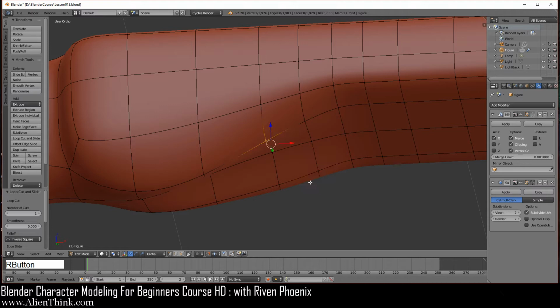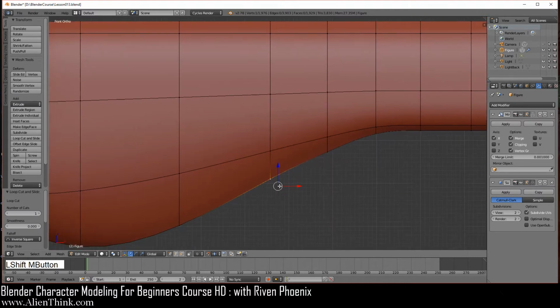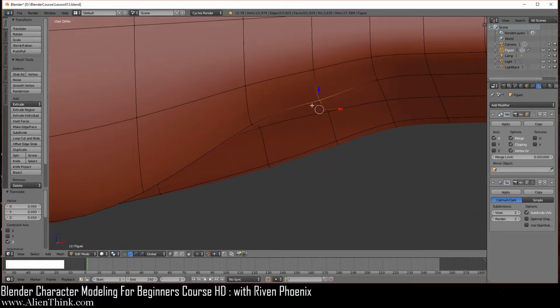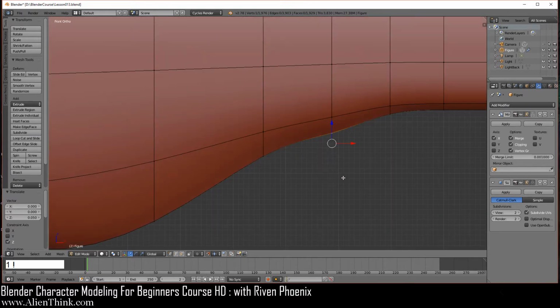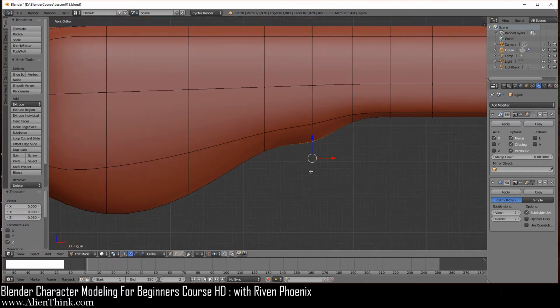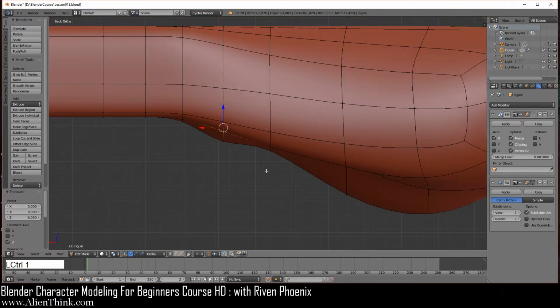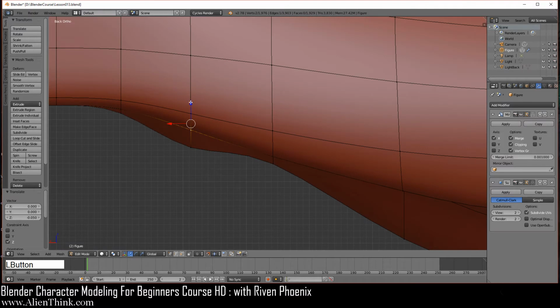So let's work on this one first. We're going to go to the front view, zoom in over here for smaller grid units, and bring this up 1, 2, 3, 4, and then 5. Now I'm going to click on this vertex. So I'm just going to show you with the middle mouse button. That's what I'm selecting. To stay in your front view, you're going to bring this down 1, 2, 3, 4, and then 5. Now zoom out a little bit and go ahead and select these two guys. Now do Control 1, and we just have to bring this down 1, 2, and then 3 nudges.